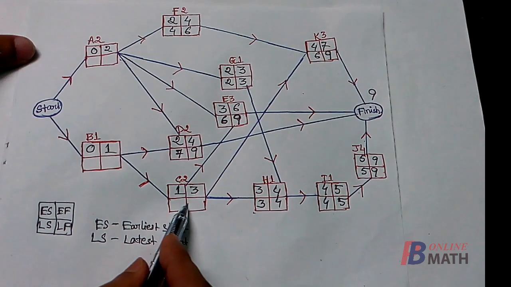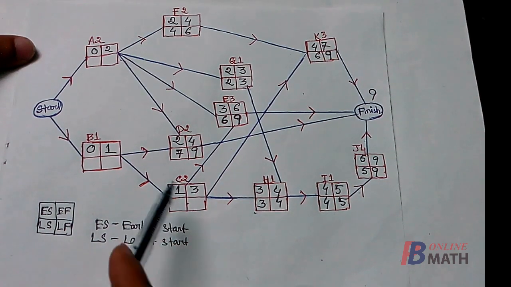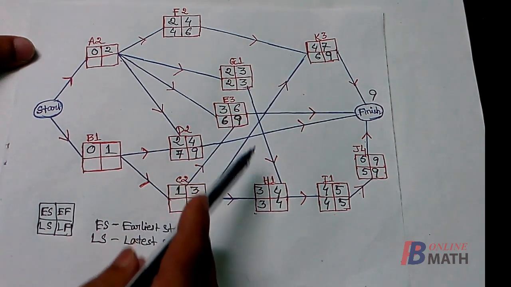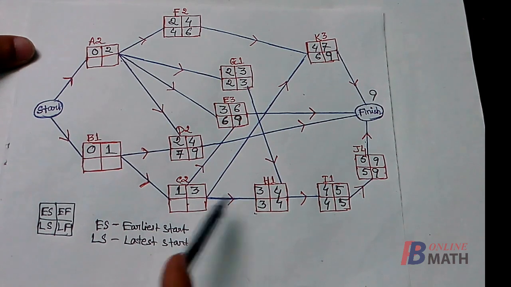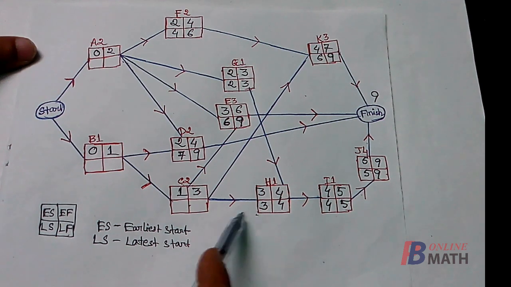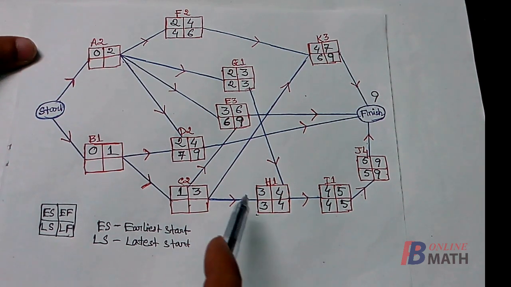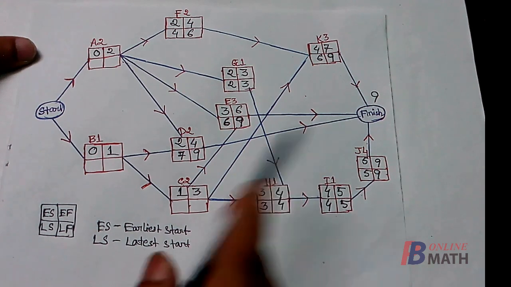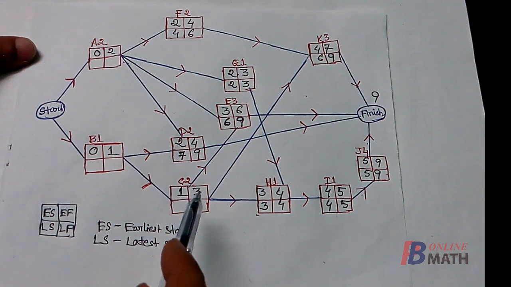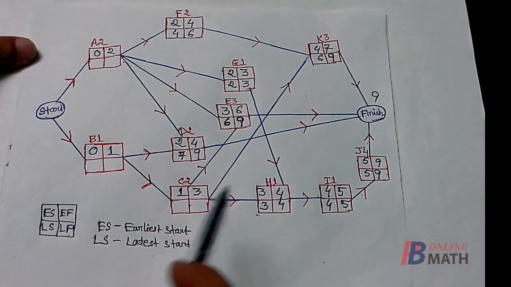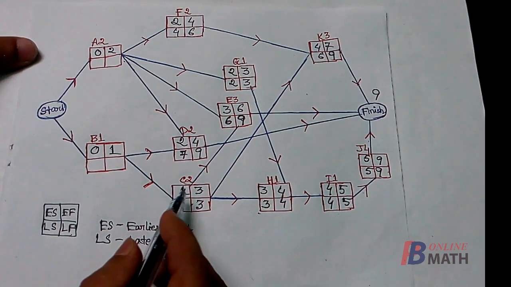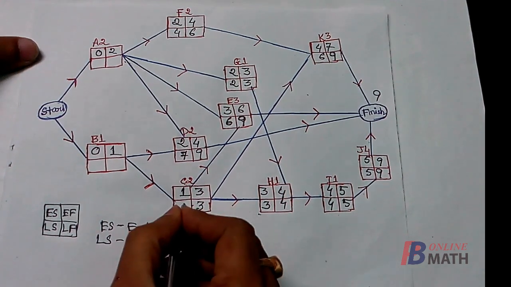Next we consider the activity C. Now here we find that the activities E, K and H, these 3 activities can be started only after the completion of the activity C. Out of these 3 activities, H should be started within 3 weeks, such that we can finish the project within the stipulated time, that is 9 weeks. So the activity C must be completed within 3 weeks, such that we can start the activity H on time. So this 3 should be the latest finish time of the activity C, and what should be the latest start time? It is 3 minus 2, that is 1.